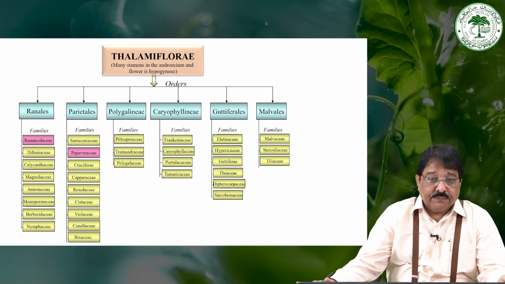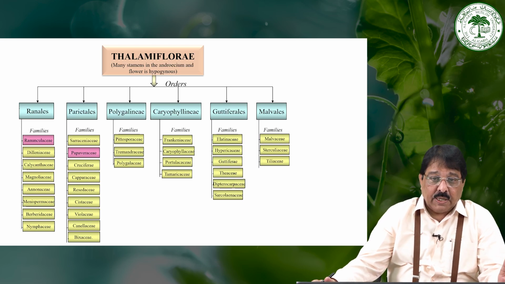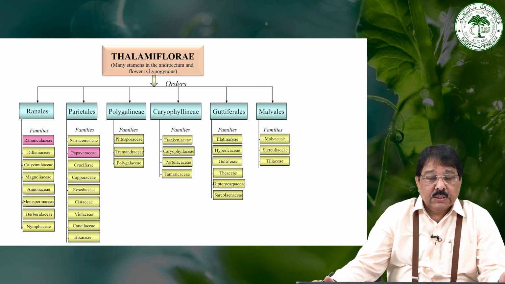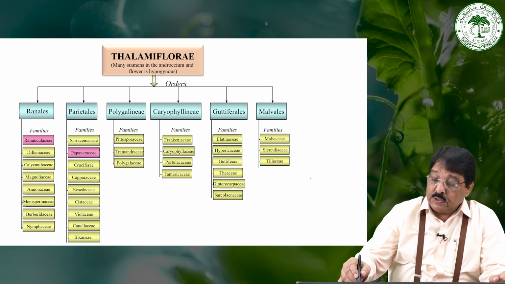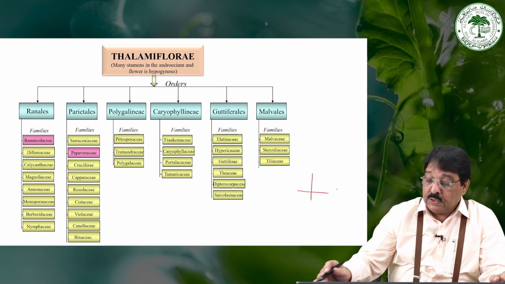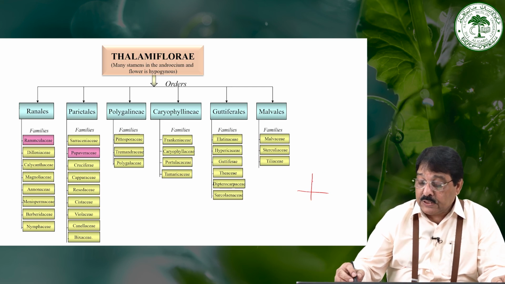And in case of the Parietales, the Papaveraceae as well as the Cruciferae. Papaveraceae and Cruciferae are important families. If I said that you have to identify the Cruciferae, how would you identify? In case of the Cruciferae, there would be a cruciform corolla. Why is it cruciform? It resembles the crucifixion of Jesus Christ. That's why it is called cruciform